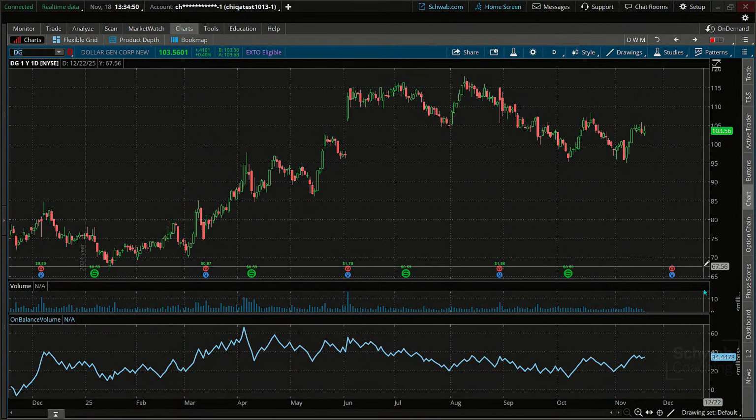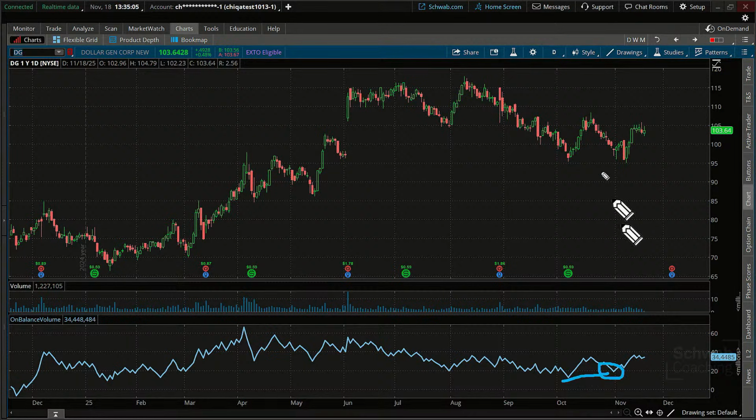So DG right here, a little bit of a base. You can see unbalanced volume did not make this, which is interesting too. Look at the divergence down below. Positive divergence right there. Positive divergence. Higher low, slightly lower low on the price. We had fewer sellers coming in and more buyers to create that positive divergence. Now we've had a smaller move to the upside, but we're already breaking above these highs. Now, all else equal, we're seeing some early signs that this could be interesting. We're kind of flattening out as well.